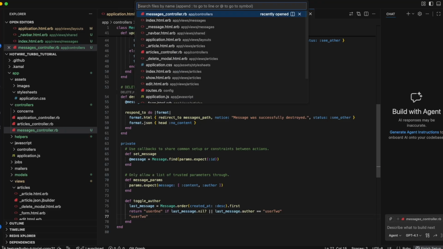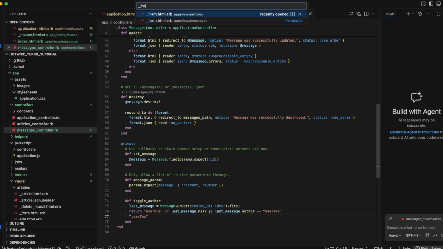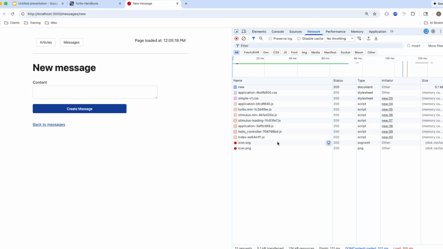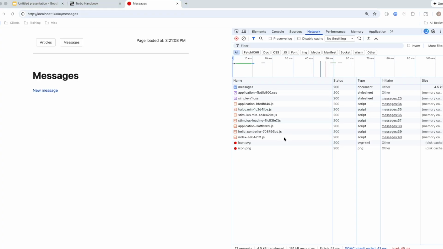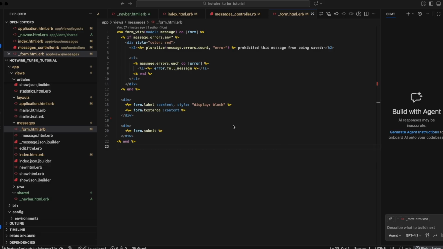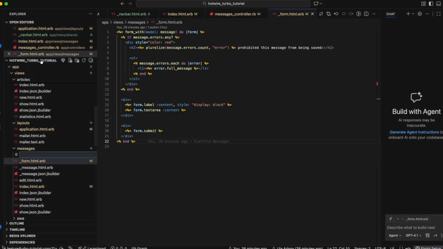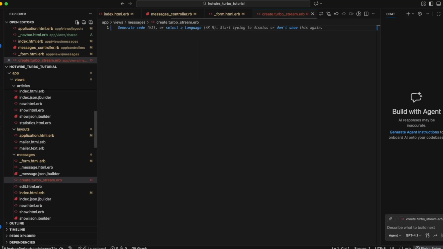Okay, and now let us open the form partial for messages and remove the second input field here. See what we get. Okay. And now let us do two more things. Let us go back to the editor and add one file here called create. And here let us add